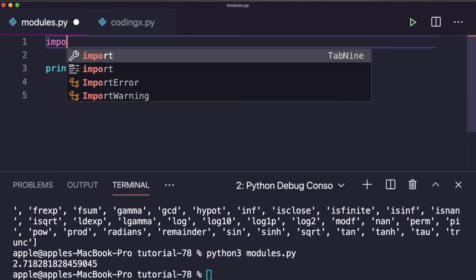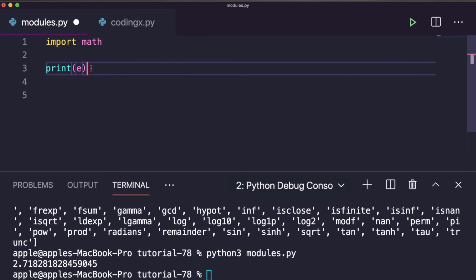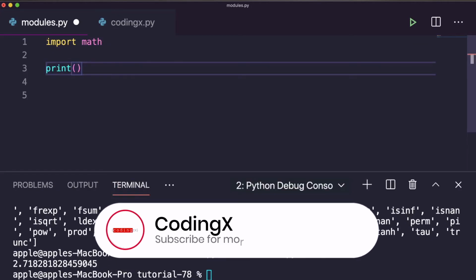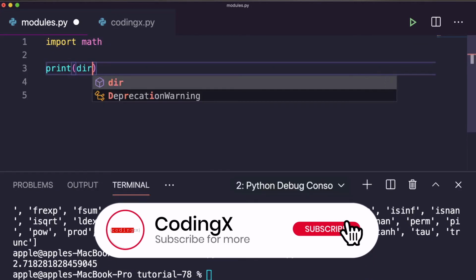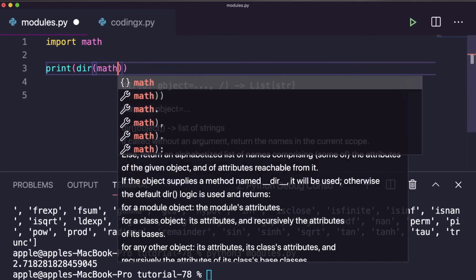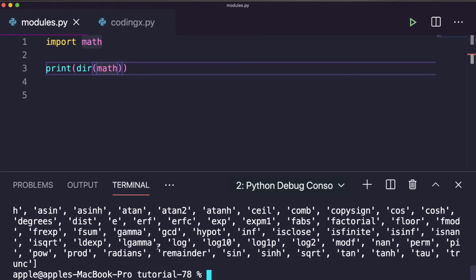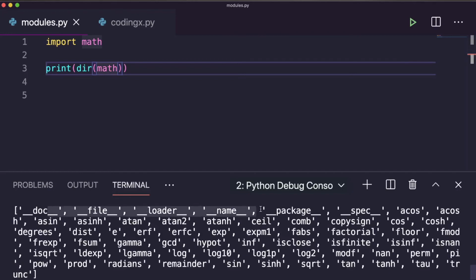So first import this one, import math. So here you can print the directory of math. So all the attributes and functions will be listed here. Okay, so let's see the example here. So print dir of math. Let's execute. Here you can see all the attributes and all the functions are listed.